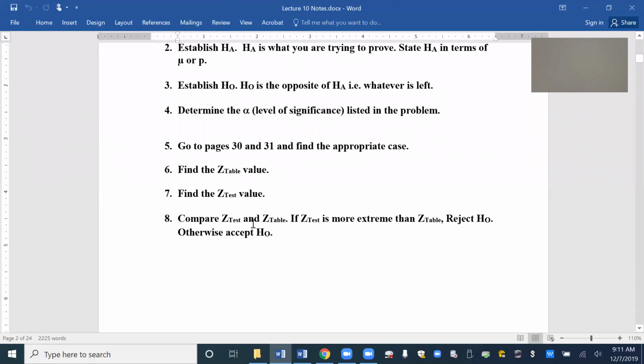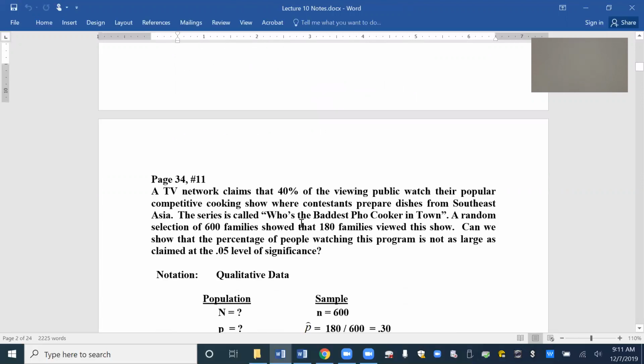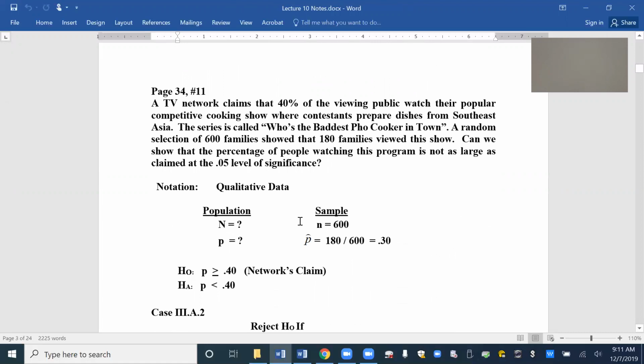I should have put number 9 in there again. Sometimes you do a p-value, so I'll show you how to do that. All right, so